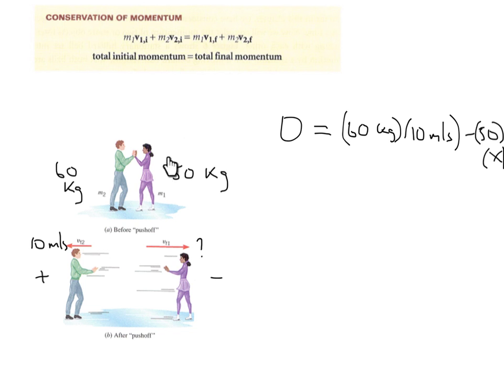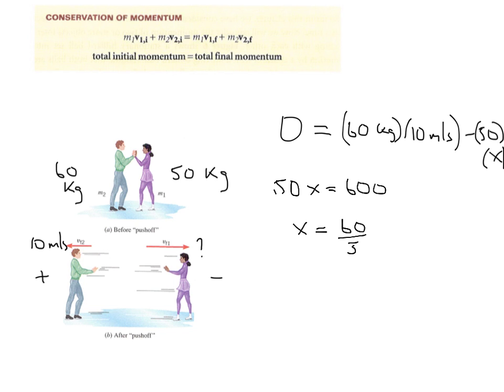Oh, actually, she's object 1. So this is object 2 here, and this is object 1. But they have to equal 0. So now we can solve this for her velocity. We can add the 50x to the other side. We end up with 50x equals 600, and we can divide that, and we can see that x is 60